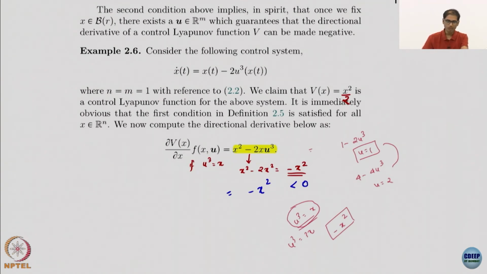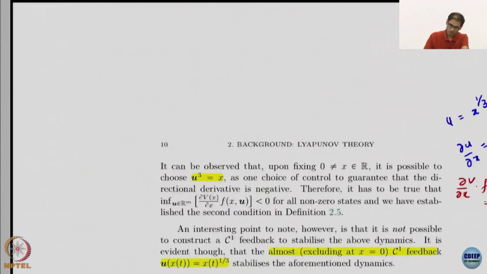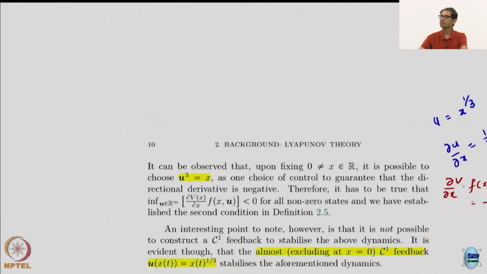I can take u cube equal to x, u cube equal to 3x by 2 and things like that. Yeah. So, it is not a unique choice. Okay. I can have many such choices, but the point is I have this u cube equal to x, a nice, in fact I have given a function interpretation to u, right. Until now here I was constructing individual points given one x, right. Here I have constructed a signal, right. So, already some improvement for me, right. So, I have constructed a signal u, okay, great. Now, small problem, I do not know, I hope you notice, u becomes this if I choose u equal to x cubed.